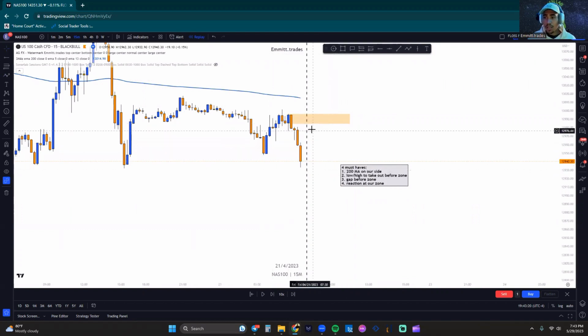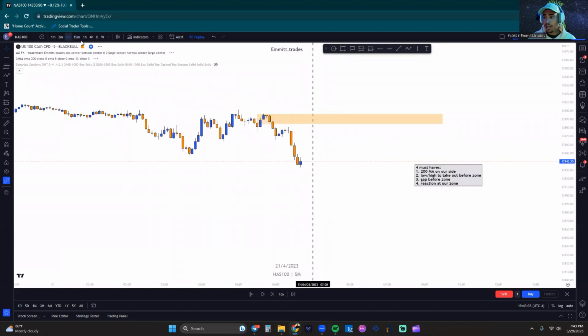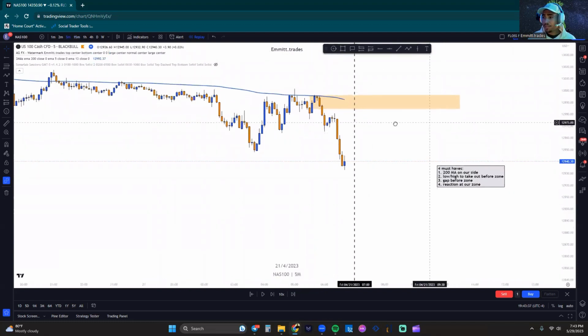And the reason for that is I need to see somebody's orders, somebody's stops being hit before coming up into my entry, because it's a zero-sum game. If somebody's not losing, I'm not winning. I have to take somebody else's order out first. So there's only 15-minute markup right here. Let's go ahead and go down to the 5 minutes, see what we got looking.